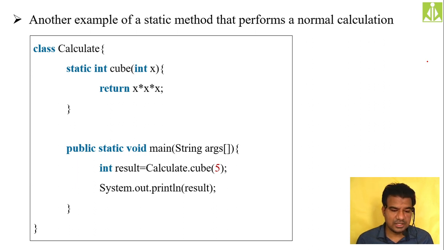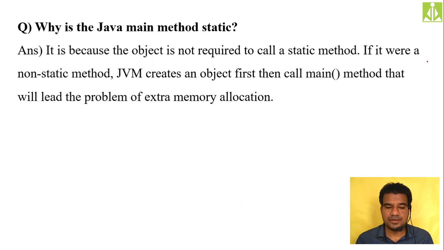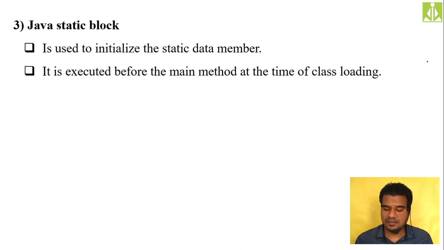Then we have the concept of static block. It is used to initialize the static data members. See, when we are creating static variables or static data members inside a class, we said your normal methods cannot access these static data members. So in order to access these static data members we need to have static methods. Or if you don't want to put a static method inside a class, that initializing the static data members, you can do from the static block as well.